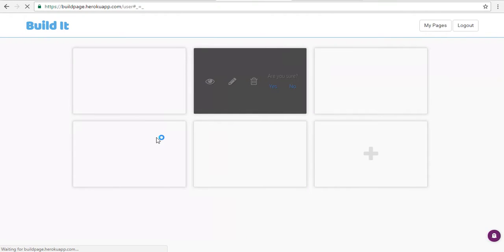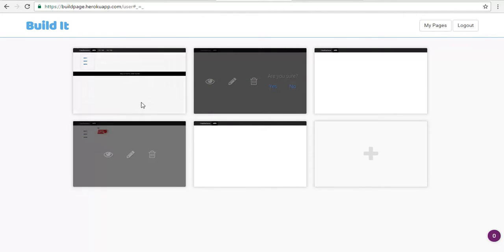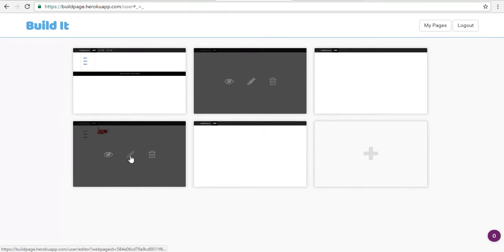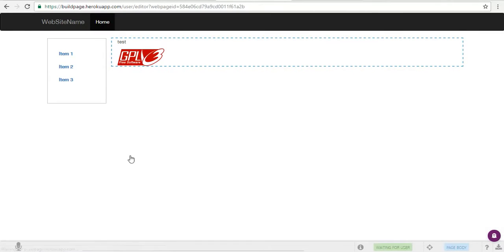Once you sign in, you can see a list of pages that you have created in the past, and it gives you the option to either view, edit, or delete any of those. If you'd like to edit a page, you can click on the edit button, and one thing that we've added now is you can also start typing in commands into the voice bar instead of saying them out loud if you'd like to. For example, you could type in add a paragraph,